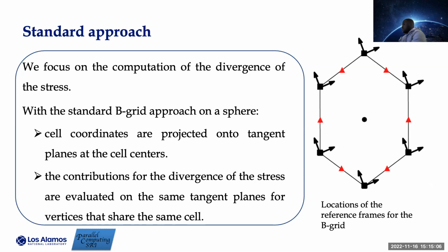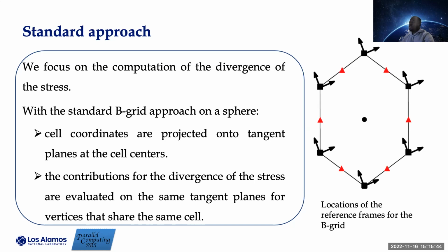And the new one, we are going to call it differently, the projected grid. In this approach, each cell is projected, if you're on a spherical domain for instance, onto a tangent plane at the cell center. So even though we are solving the velocity at the vertex that connects those 3 cells, we project each cell individually onto a tangent plane and then solve the velocity component and the contribution of divergence of stress from the combination of those 3 cells. So that's how they solve the problem in MPAS Seaice.